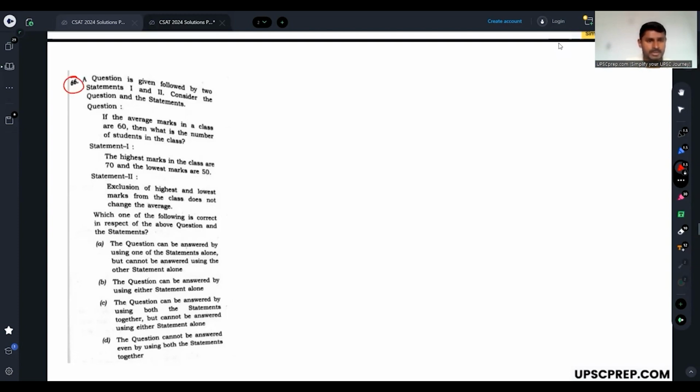If the average marks in the class are 60, then what is the number of students in the class? Okay, let's say average mark is 60. We will assume that the number of students is n. Then what is statement 1 saying? It is saying the highest marks in the class are 70 and the lowest marks are 50. If the highest mark is 70 and the lowest mark is 50, still we will not be able to find out n